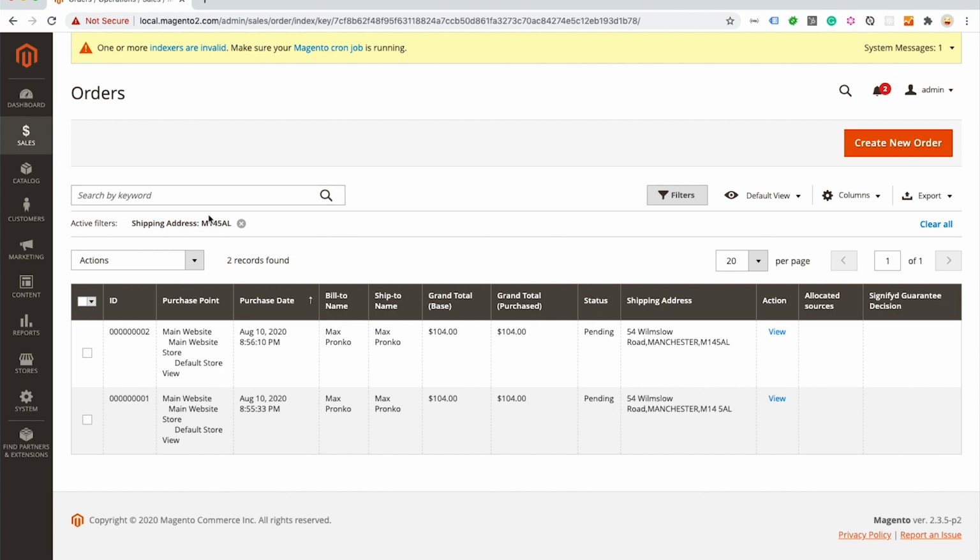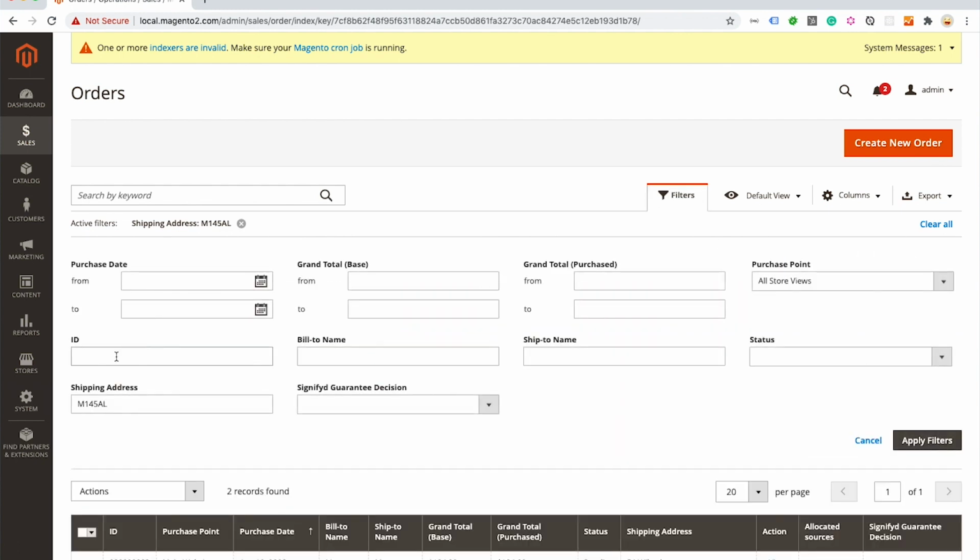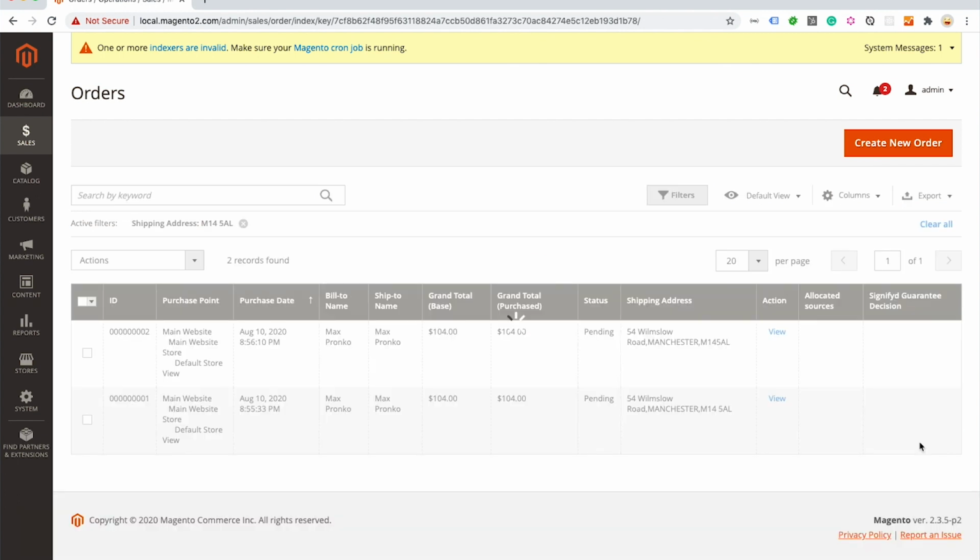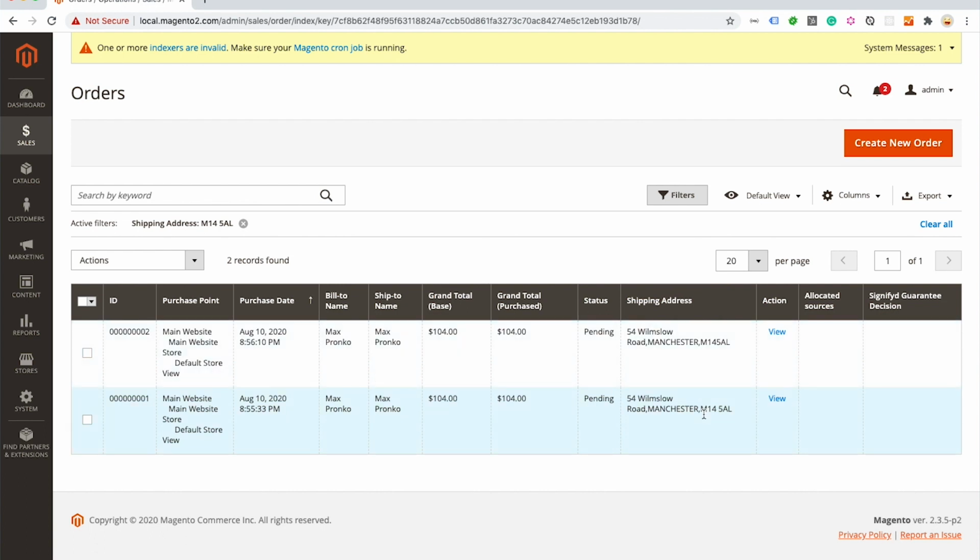And as you can see, when I typed postcode without a space, it showed me 2 results, 2 orders, without a space and with space. And if I will, let's say, add a space here and will apply filter, the result is the same because our implementation trims all spaces and then adds a space in a correct way, and it filters and shows 2